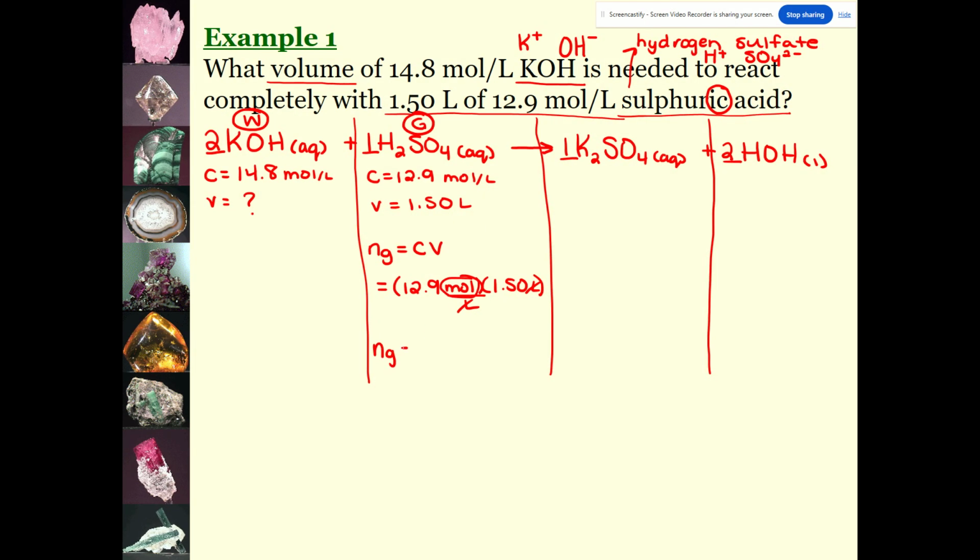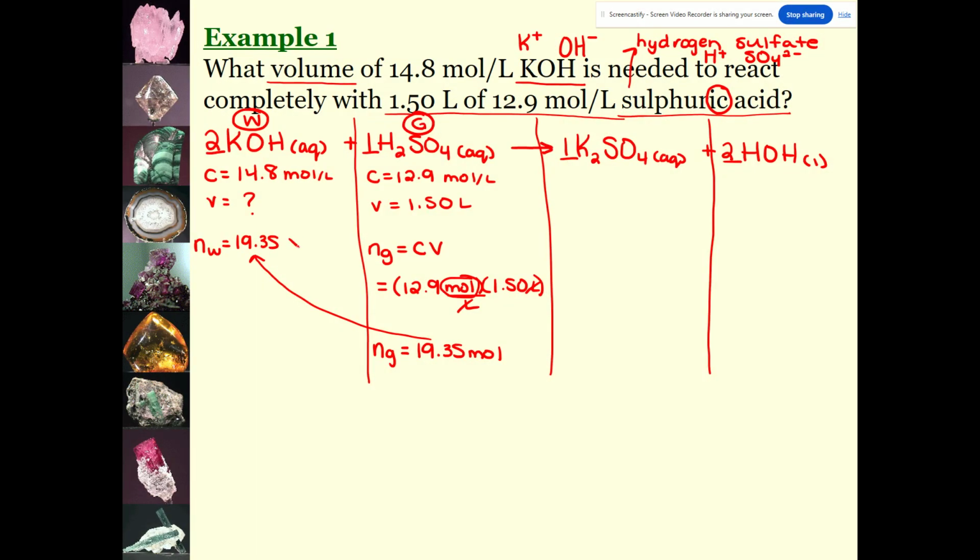So moles of my given will be 12.9 times 1.5. So I get 19.35 moles for my given. Now I take it over to my wanted, because the moles of my wanted is the moles of my given that I just found,